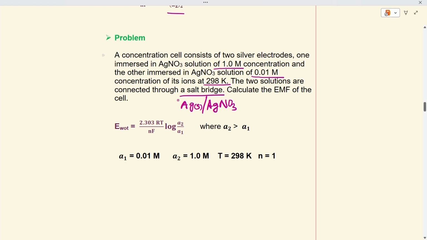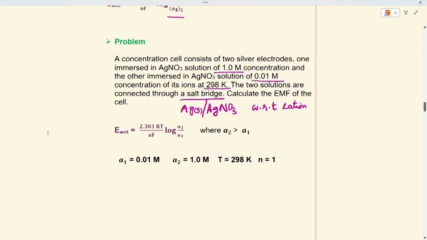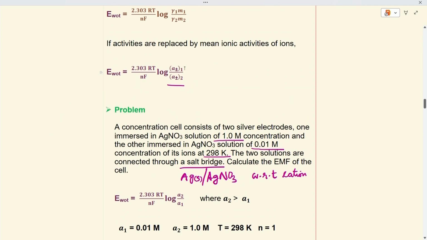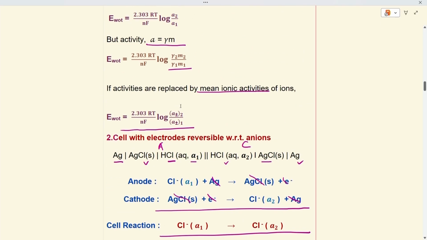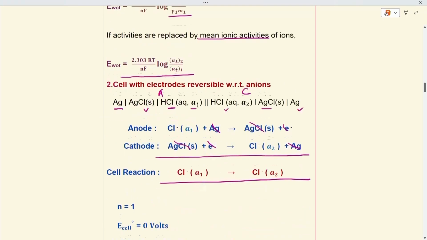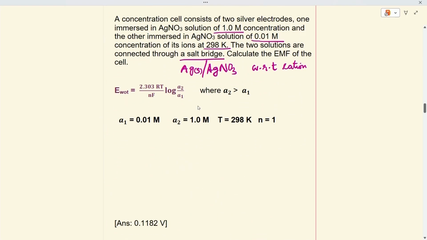So, this is reversible with respect to cations, and the expression for this is without transference. We have seen that for anions it was 1 by 2, right? And in the case of cations, if you have noted, it is 2 by 1. So, we have to take that expression,